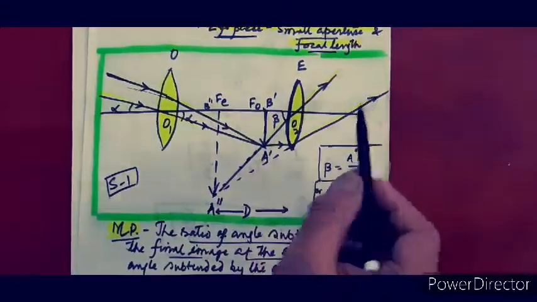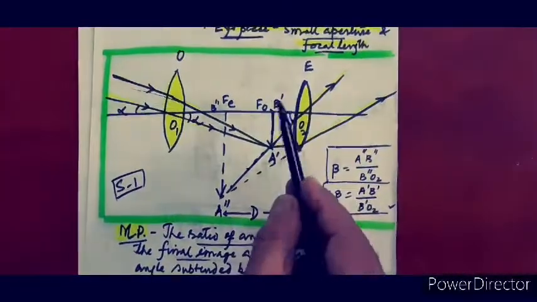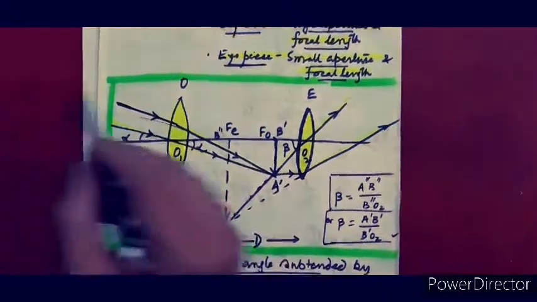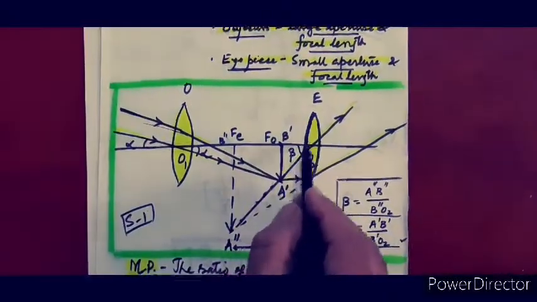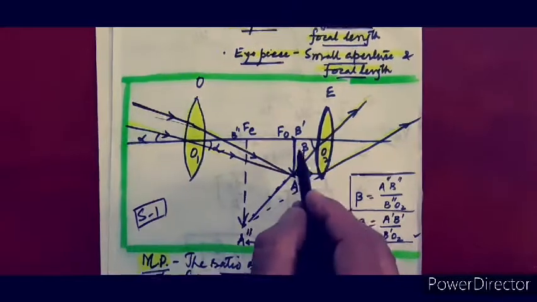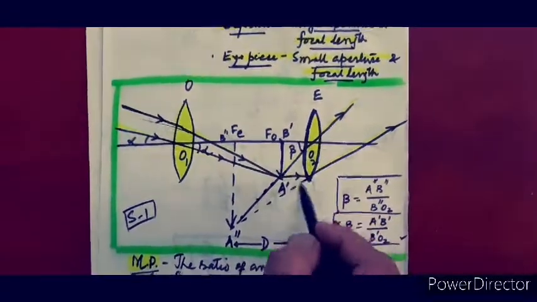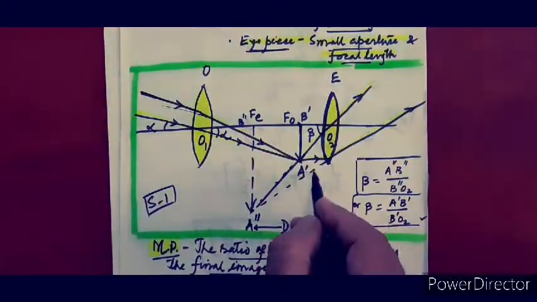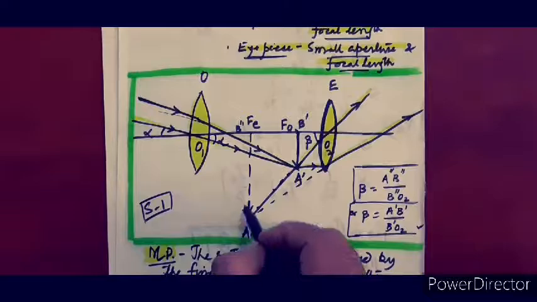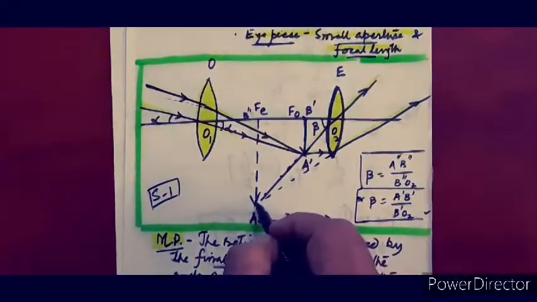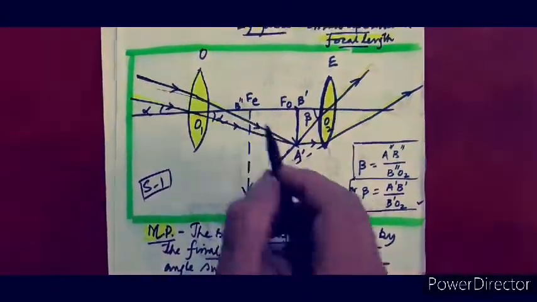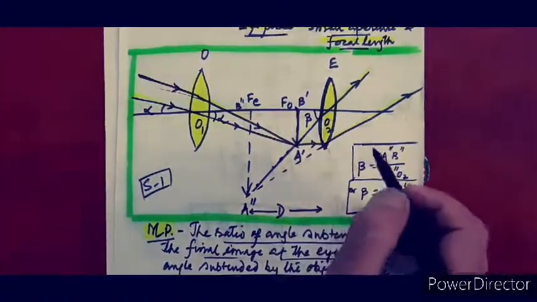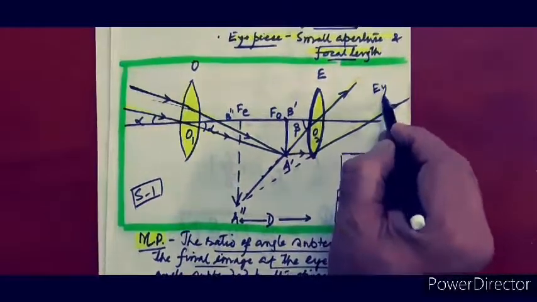Now we are going to adjust coaxially in such a manner that this A dash B dash, which is the image formed of the far off object, falls within the focal length of the eyepiece. So what happens? The virtual image is going to form. These two are diverging, and when we proceed back, the virtual final image is formed at A double dash B double dash. Okay, this is the ray diagram. You have to practice the ray diagram properly. Here we are going to see from the eye.